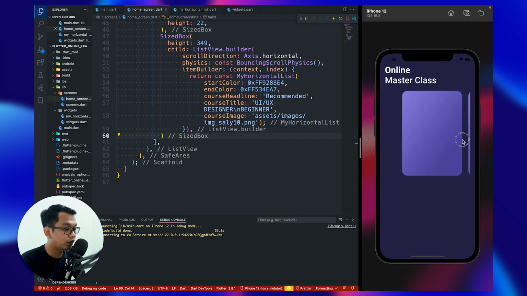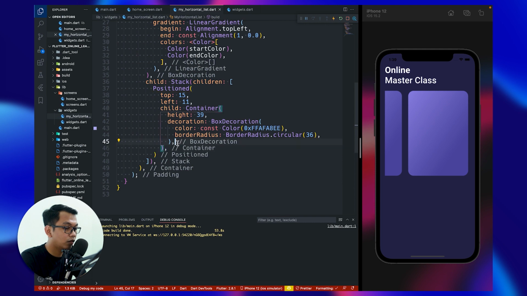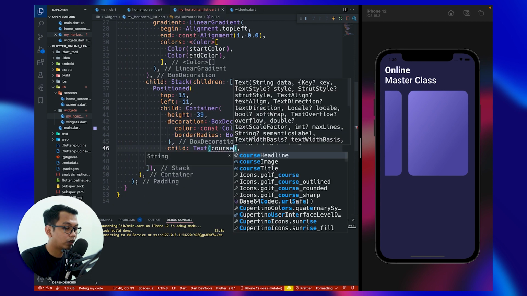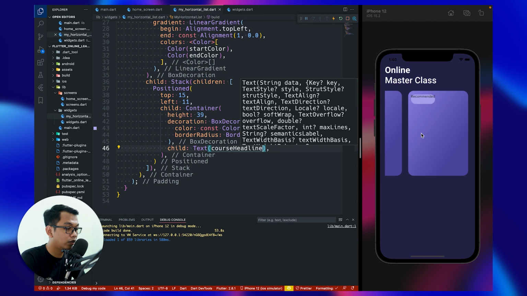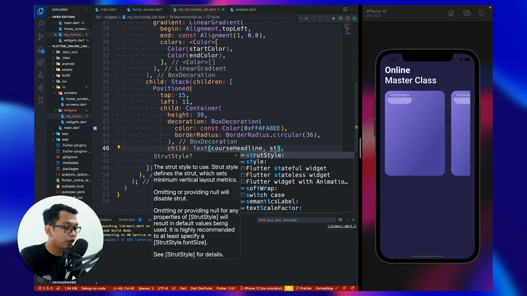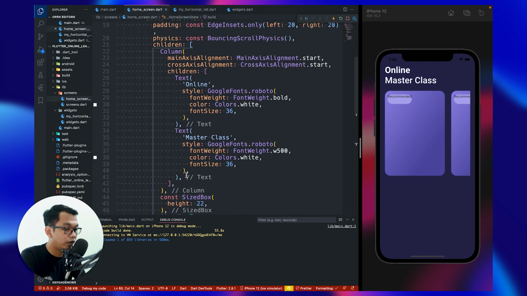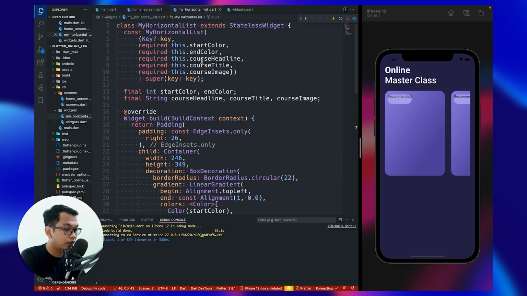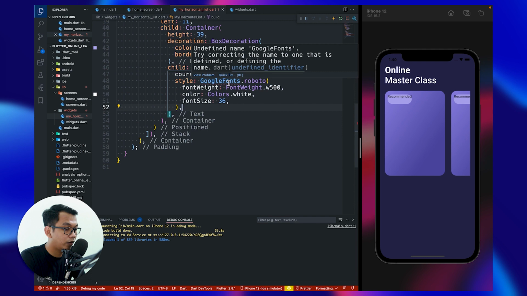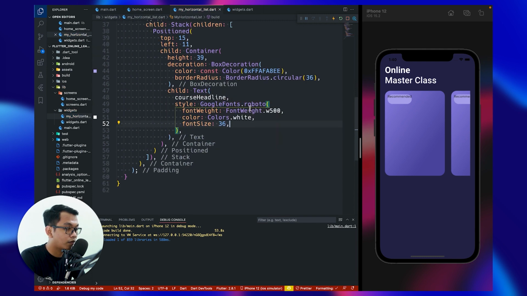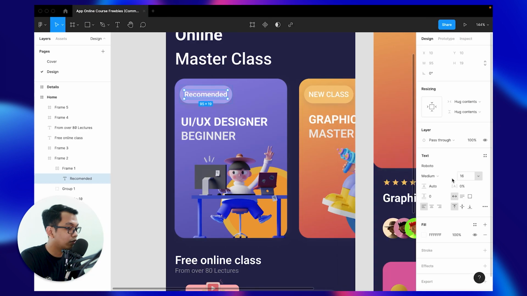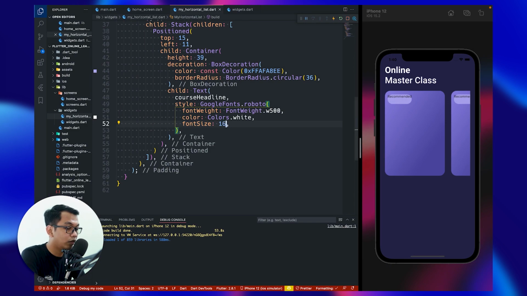We just have a blank container, and let's go back to our horizontal list, and inside our container we can call text widget, and we say course headline, hot reload, and now we see our text recommended right here, and we can call style, we can copy from the previous, copy this, and paste here, and we need to import our Google Fonts, and let's see from the design, 16 medium, so 16, and then medium, the color is white.